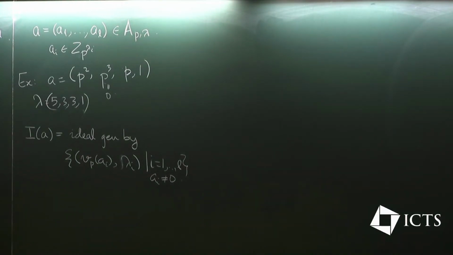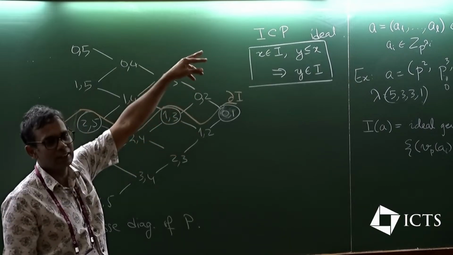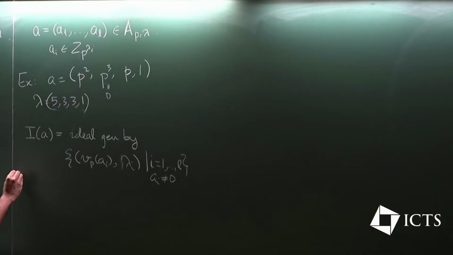So what I'm doing now is to each element in the group, I have associated an ideal in the fundamental poset. Now this ideal is going to be generated by elements in the columns. So you can think of this poset as having columns. The first column corresponds to Z mod pZ, the second column, from the right, corresponds to Z mod p squared, and so on. And so you can think of each column as corresponding to Z mod p^i, but this ideal is going to be generated by the columns which actually occur in the group. So we'll say that I is generated by lambda